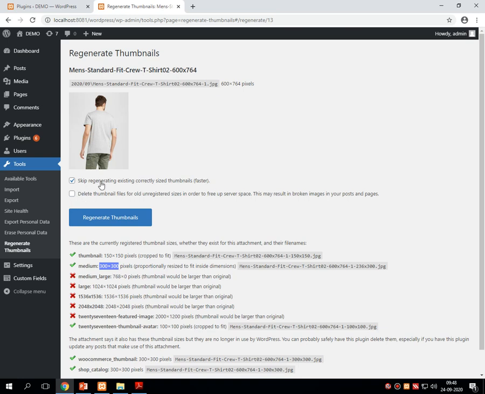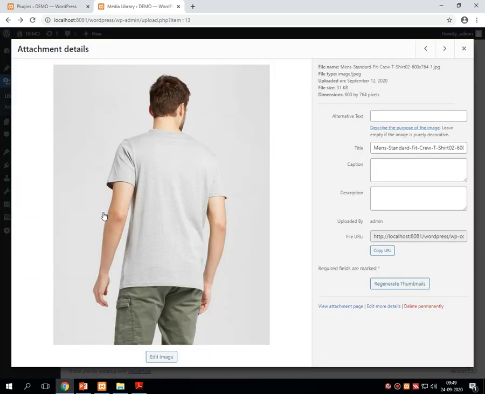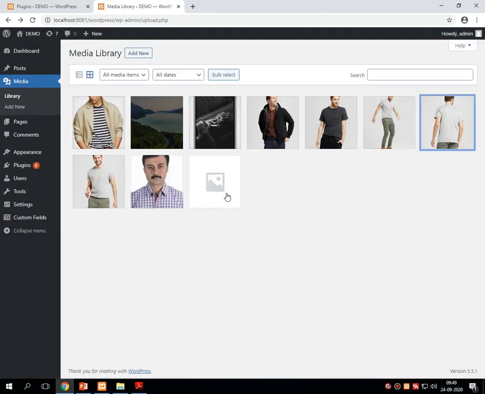There are two options: keep existing correctly sized thumbnails for faster regeneration, or delete the thumbnail files of old unregistered sizes in order to free up the server space. Don't click on this option, you will lose your original file. So just click on this and done. Your newer file is created, which you can use for faster and better purposes.